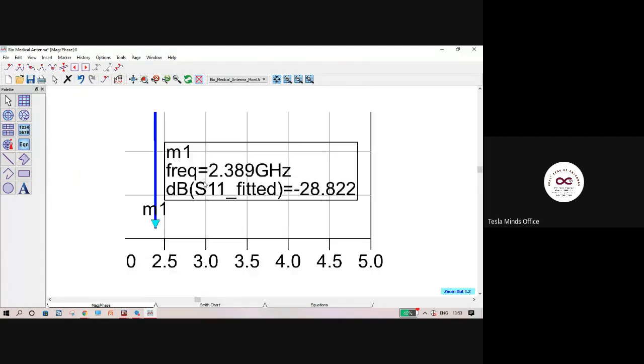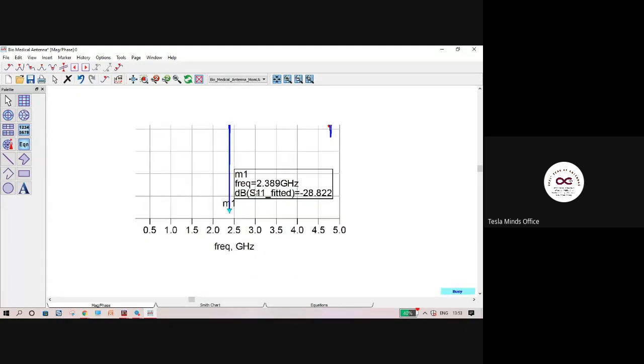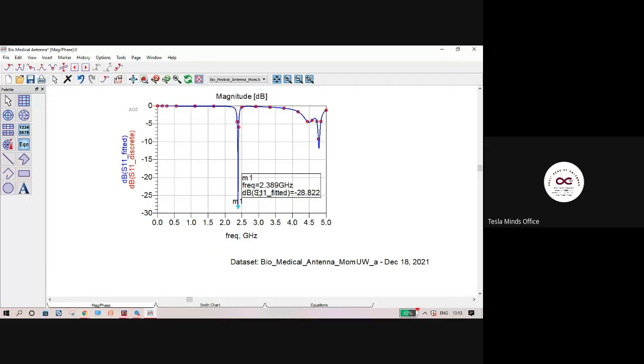So this is a good S11 response, because between your simulation and fabricated results you are going to have about a 10 dB variation. So in a simulation, you always want the values at minus 30 or minus 45 dB. Still, minus 10 dB is the reference, and I'm fine with that.